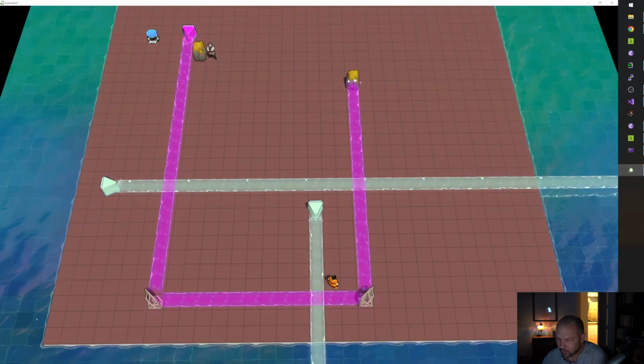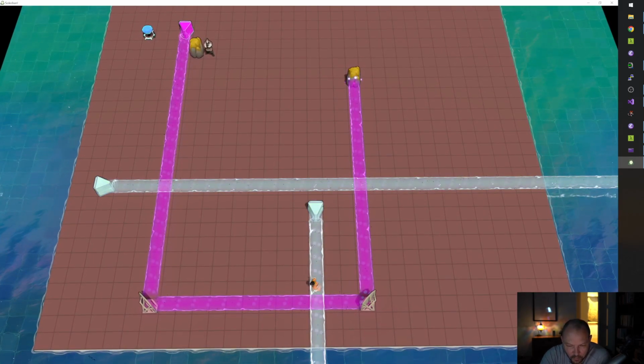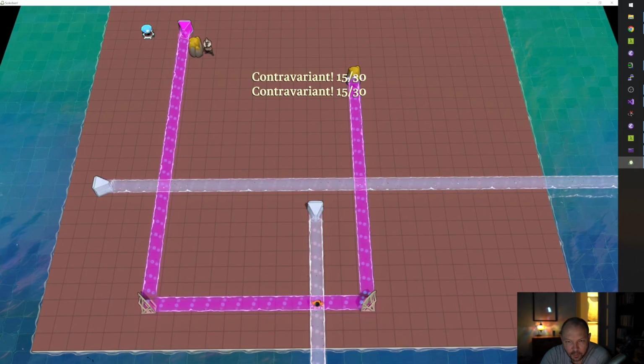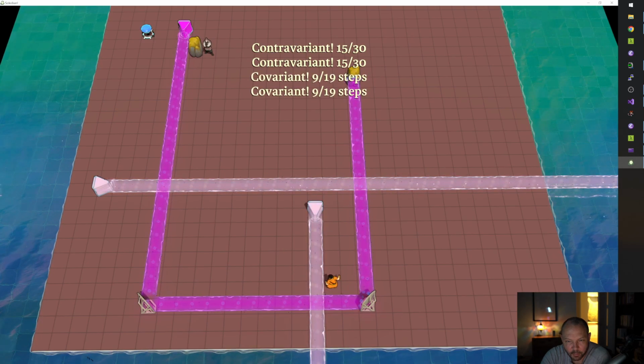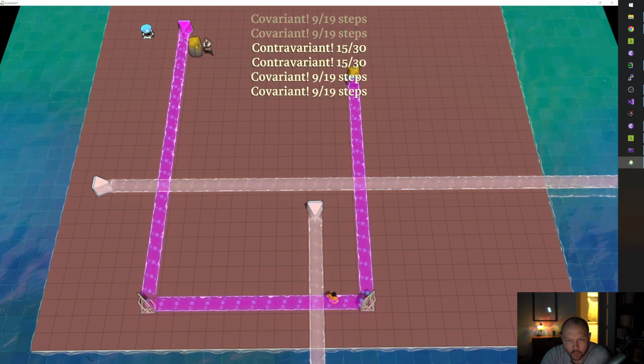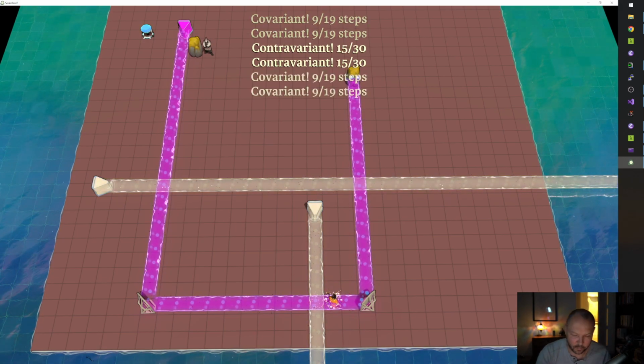Contravariant. Yes. Contravariant. That'd be a good name for a game. So one of these has the word steps. Okay, so cool. Our assertions are not going off.